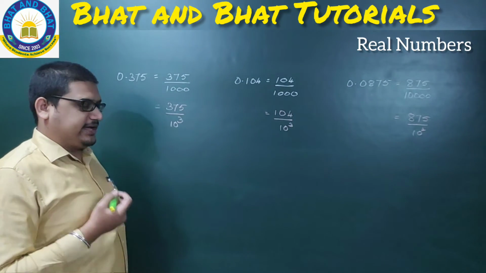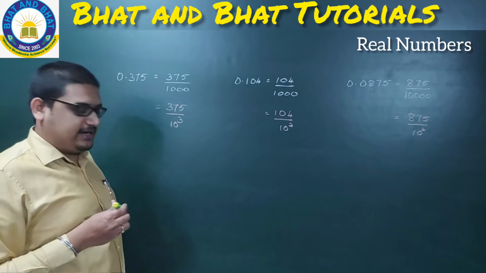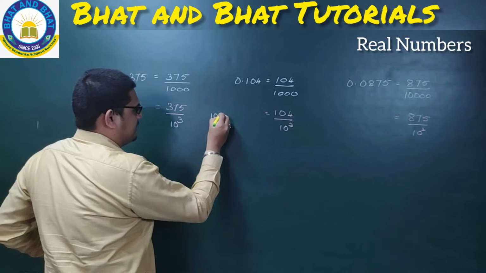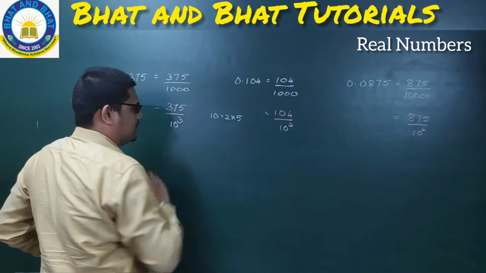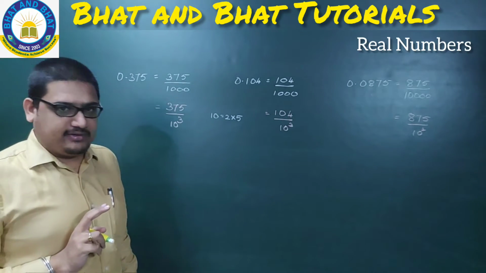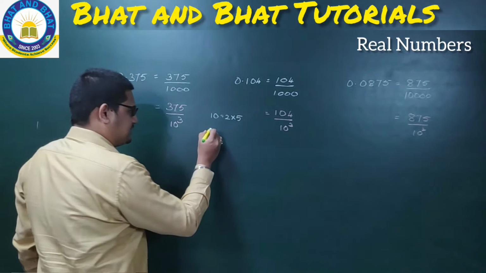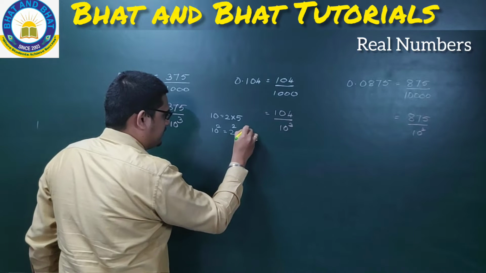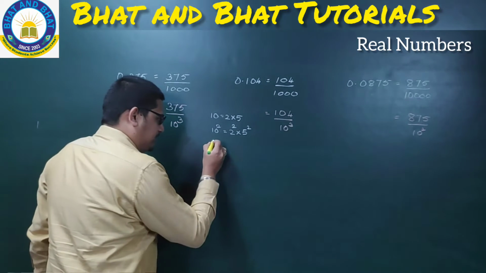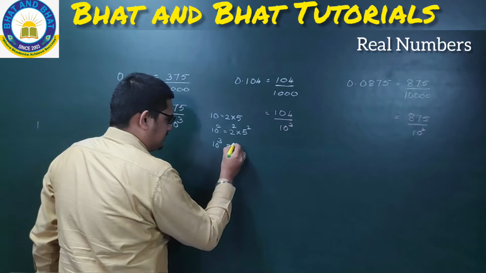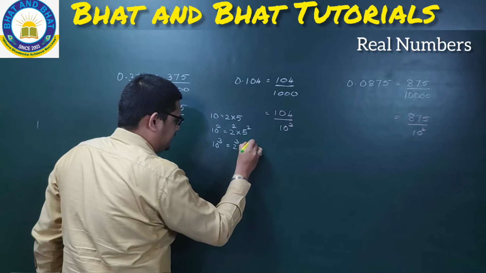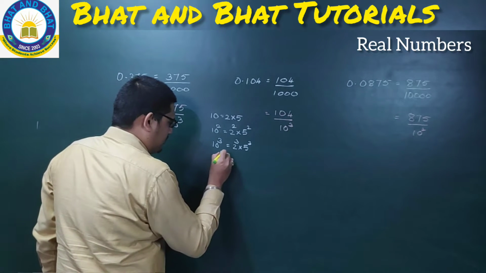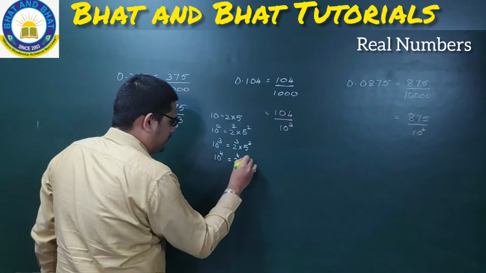Now, can you think of what are the factors of 10? I can say that there are only 2 prime factors of 10. 10 can be expressed as 2 into 5. Correct? 2 and 5 are prime numbers. Here you can observe if it is 10 to the power 2, obviously the expansion also becomes 2 to the power 2 into 5 to the power 2. If I make 10 to the power 3, the expansion becomes 2 to the power 3 into 5 to the power 3. This is following the basic indices laws that we have studied. 10 to the power 4 will become 2 to the power 4 into 5 to the power 4.